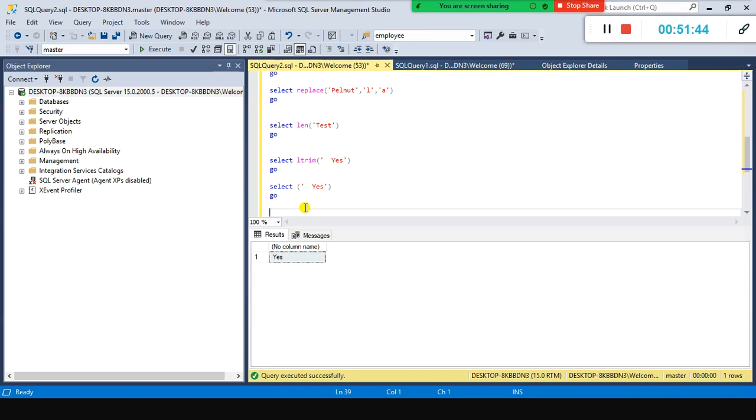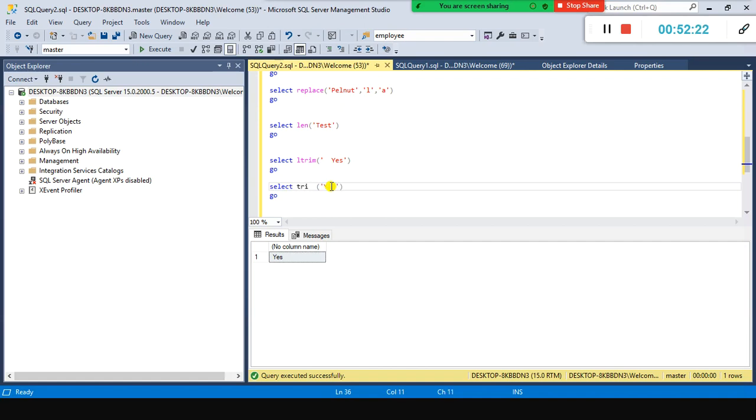But say in the table column the data got stored with extra spaces, and you have specified where status is equal to yes to filter the data, whereas in your table column, status is actually stored with leading spaces. In that case you need to use LTRIM. So let us see what functions are available.